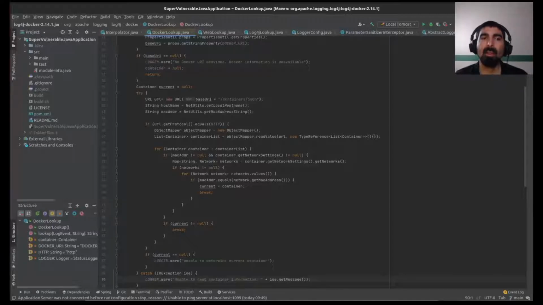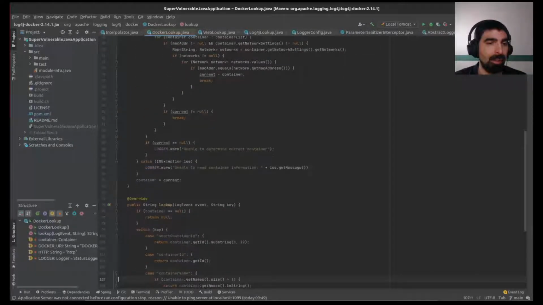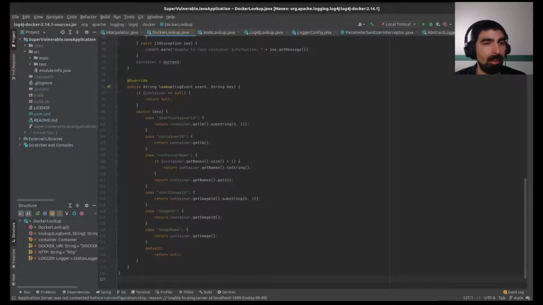However, I'm sure a lot of people would probably argue if you have a malicious Docker instance and you're doing a lookup, it's already game over. But the point still remains, if I somehow manage to control JSON, which is very possible without having control of the application, and I can convince your system through a Docker call to then query my Docker instance, I can convince your system to then execute whatever it is I want through insecure deserialization. Don't understand why people aren't talking about that, but